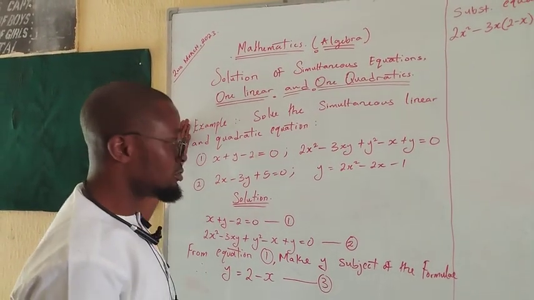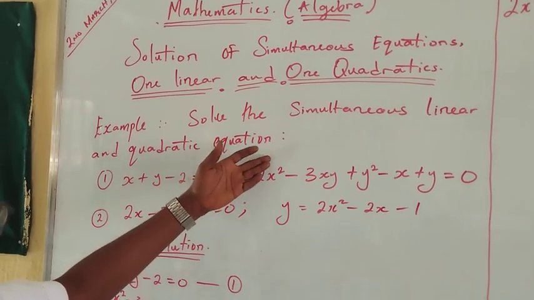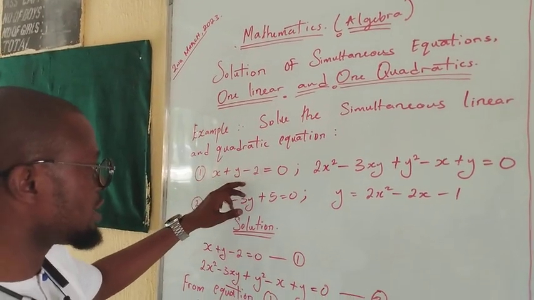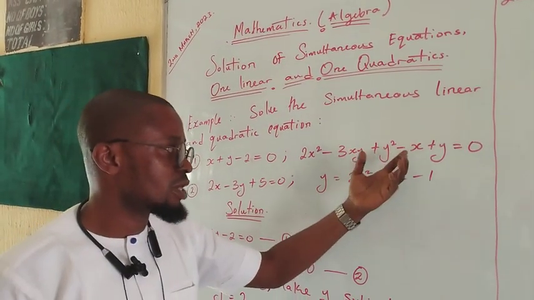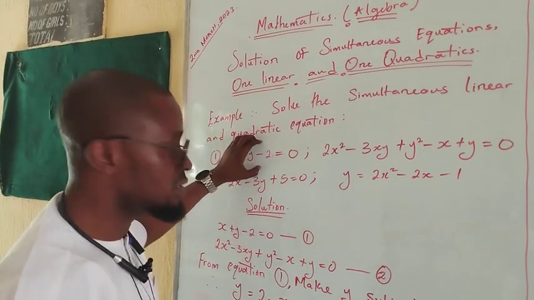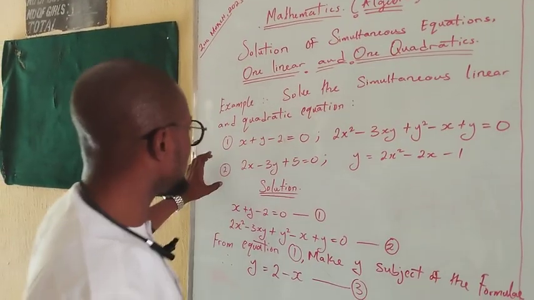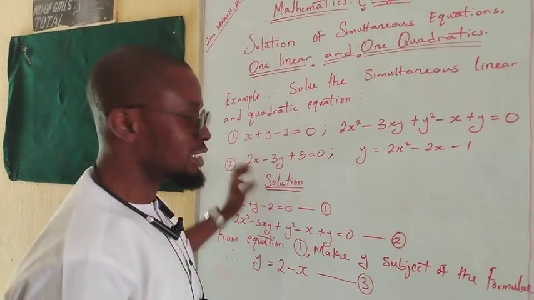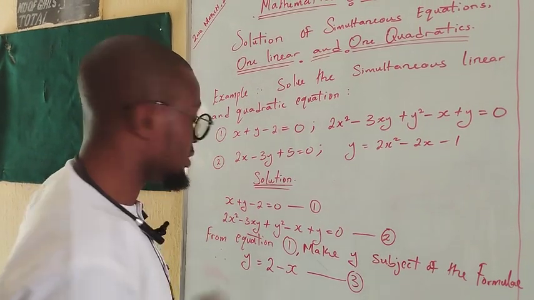All right, this is the example on the board. Solve the simultaneous linear and quadratic equation. So we have question 1, x plus y minus 2 equals 0, and 2x squared minus 3xy plus y squared minus x plus y is 0. This is a quadratic equation, while this is a linear equation. Then I'll be solving number 1, while I expect my student to solve number 2. And I expect the assignment to be sent back to me on the platform